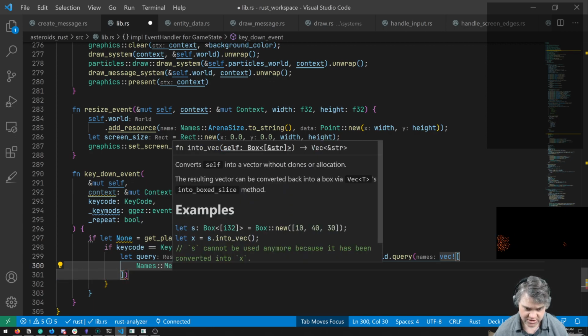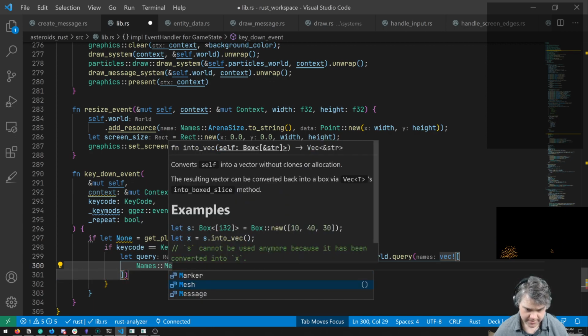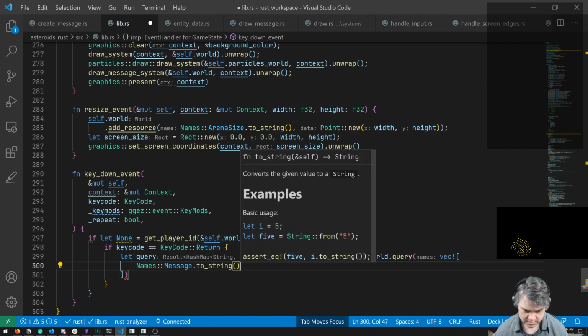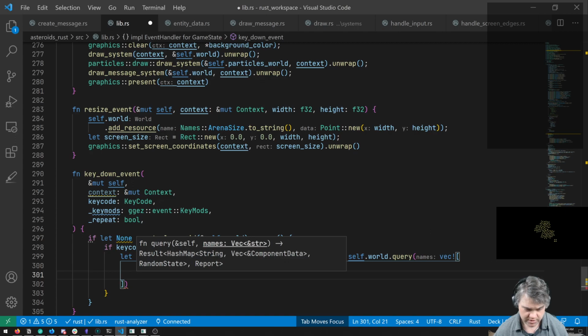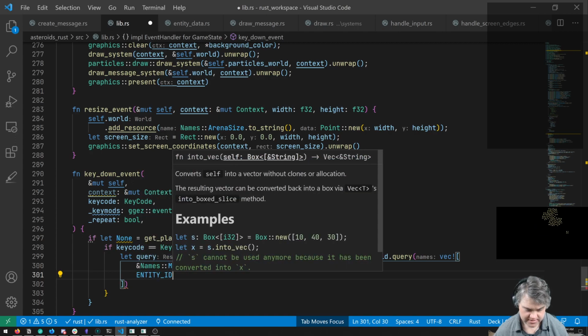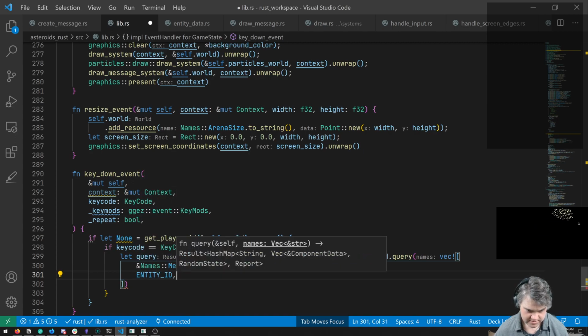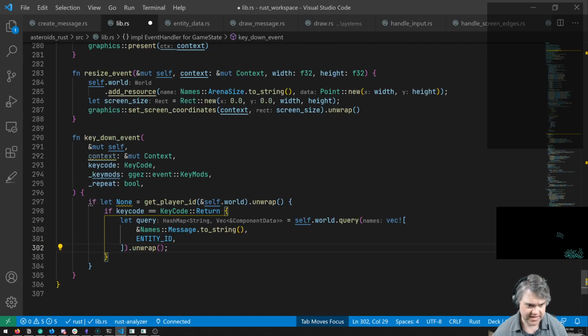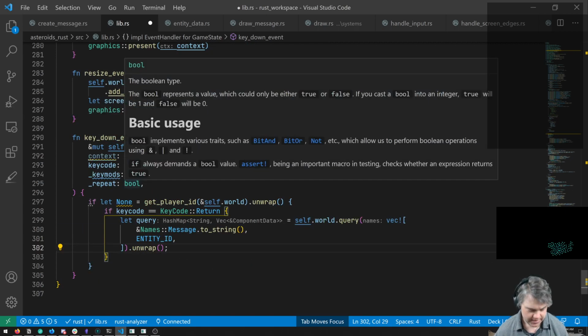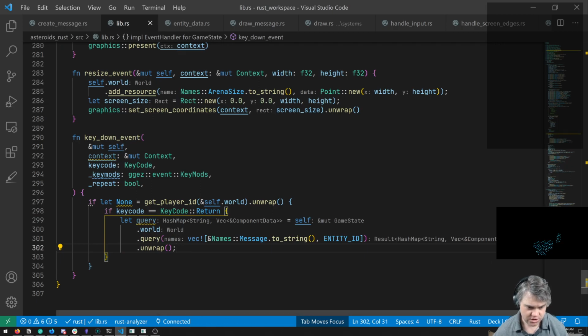We want message string, and we want entity ID. I have to do unwraps here because there's no return. I can't return anything from this. Okay, so we've got that query out.